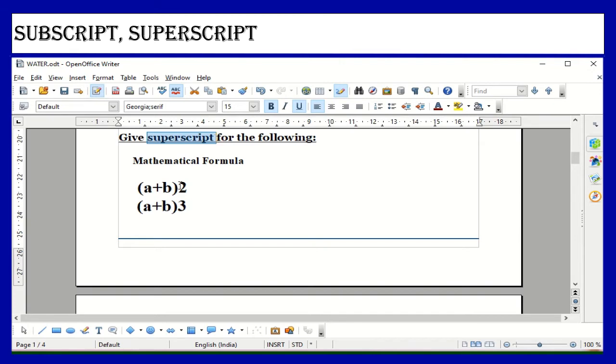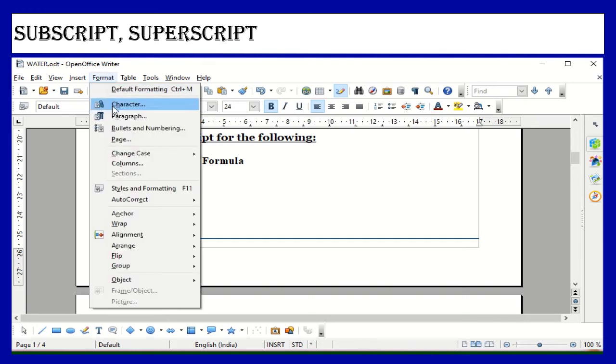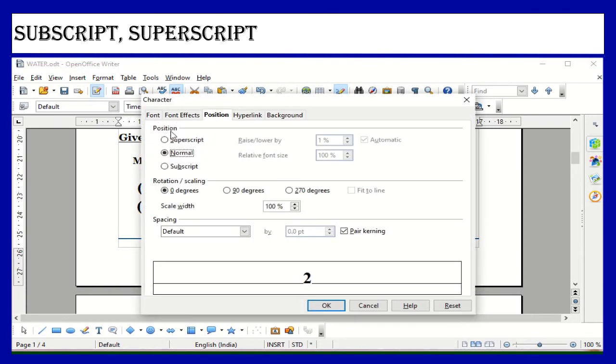So for that what you have to do is select the number or the text, go to the Format menu and select Character. Under the Position tab you have to select Superscript. So what is superscript, children? Superscript is used to reduce the font size of the selected text and raise it above the baseline.